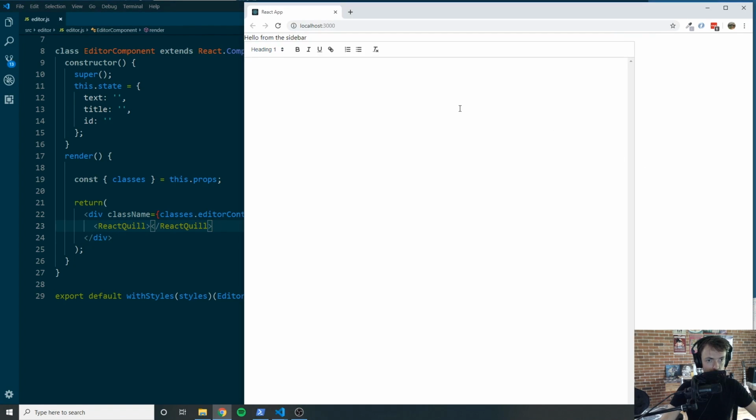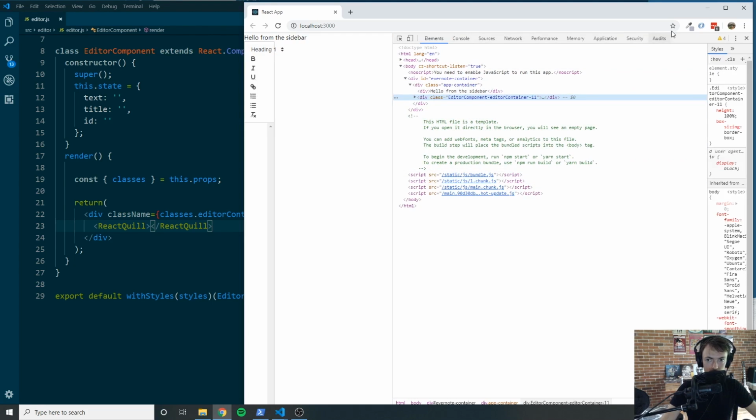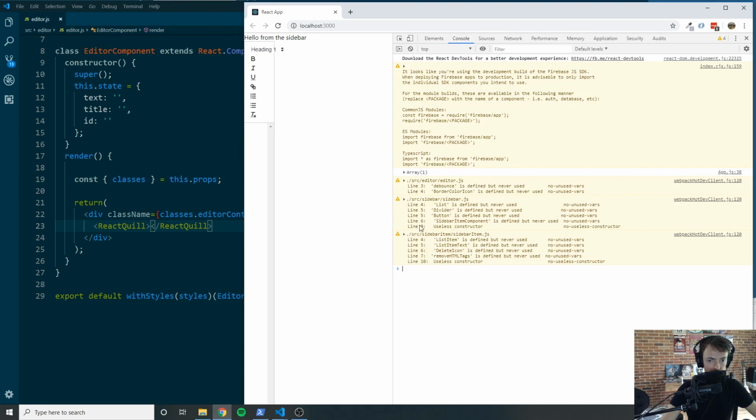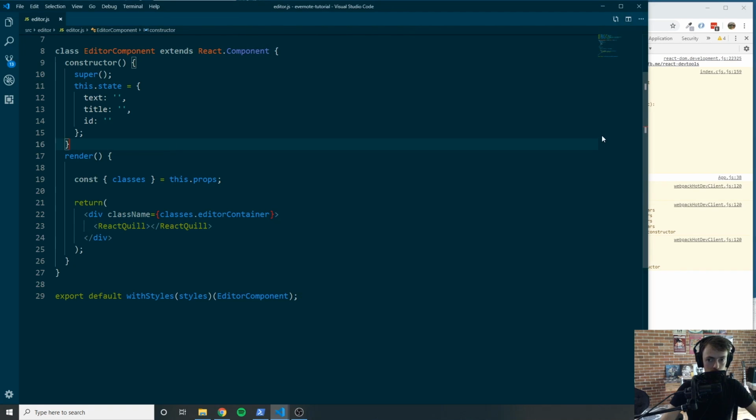Now, I want to start implementing these functions while it does look kind of weird. We're going to be using the console to do a lot of logging here, so go ahead and have your console open, and let's get started implementing these functions. All right, so the first property we're going to utilize from React Quill is value. The value we will set equal to